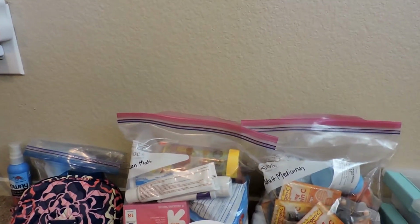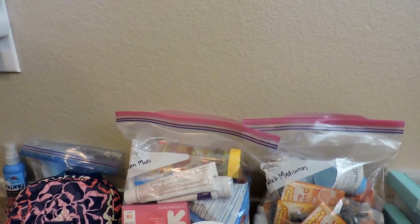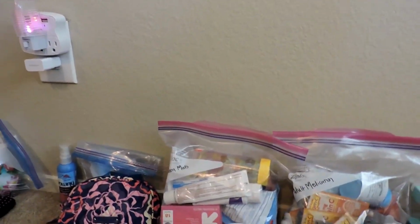Yeah. And then the kids' stuff that we're bringing: diaper cream, Benadryl, Claritin, nausea medicine, cold medicine, cough drop lollipops. Cole does have some asthma, so we do bring his inhaler with us. And he does have tubes in his ears, so we bring